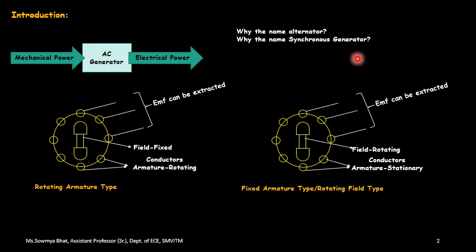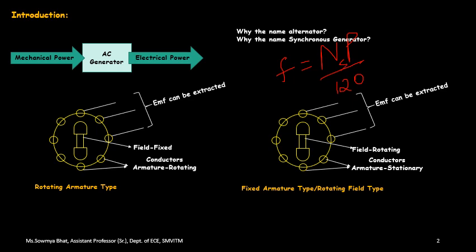So what about that particular electrical frequency? Whatever frequency we design for is equal to n into p divided by 120, where this f value is the frequency of the AC electrical output, 120 is a constant, p depends upon the number of poles you use in your machine, and n stands for the speed of rotation of the field, which is exactly the synchronous speed. Sometimes it is also designated as ns.